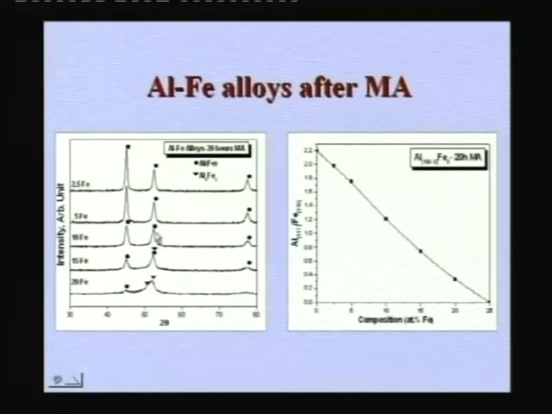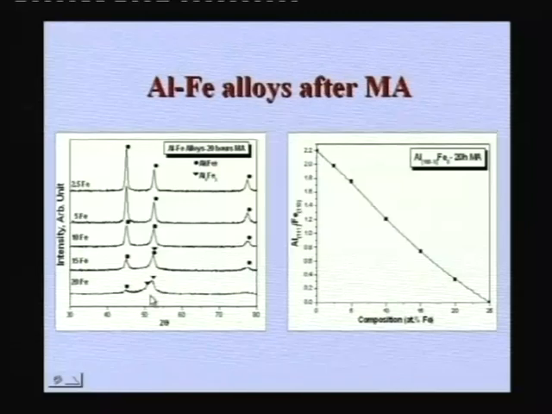is increasing. So, the relative intensity of the 111 versus 200 peak, or in fact the iron 110 peak also exists here near the 200 peak of that, and if you try to plot that, you can see that the ratio keeps on decreasing, and that is because you get a new phase here, and that is the Al5Fe2 phase, whose peak position is